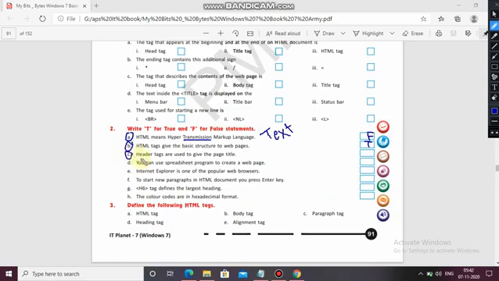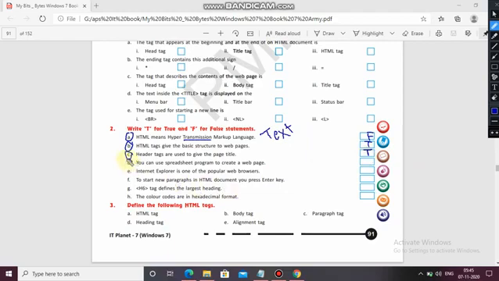Is it right that header tags are used to give the page title? There are heading labels which we use, so we can use header tags for the page title, so it's also true. Okay.